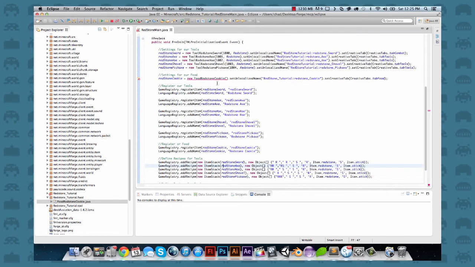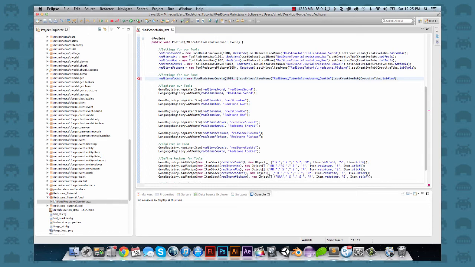Now we got to fix some stuff here. So basically, now we want to set all those variables, all those parameters. So we're going to go 1005 as the ID. Food. Now, the way the food works, the bar actually goes from 1 to 20. You have 10 food bars, but it's actually a value of 20 because you got the half food, right? So we're gonna have the cookie heal one full bar,